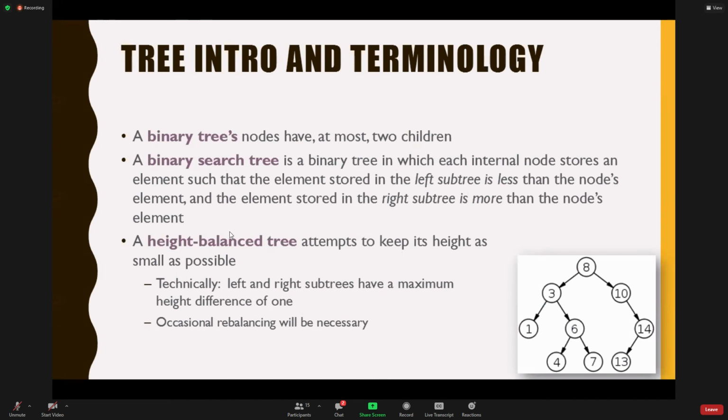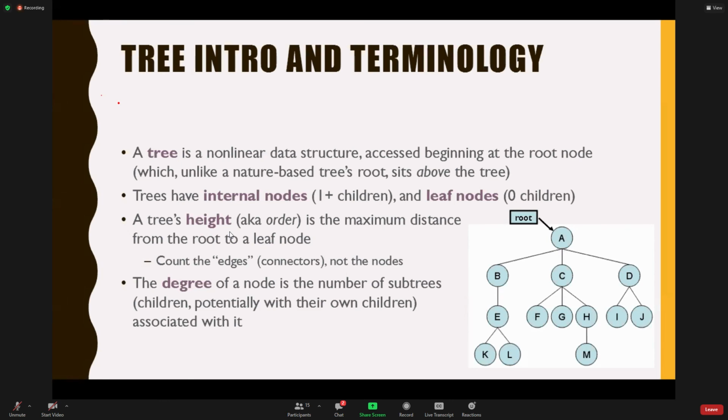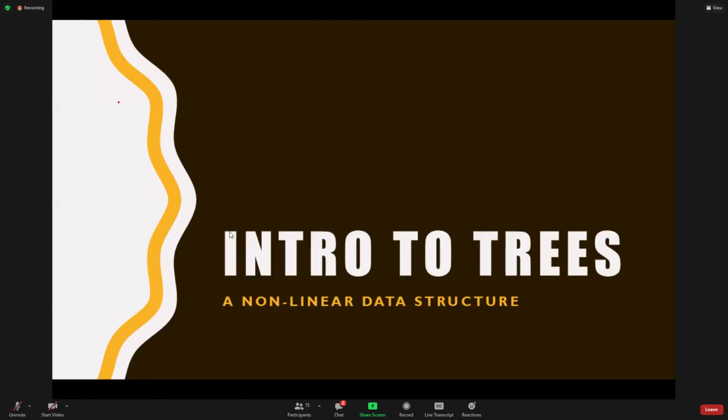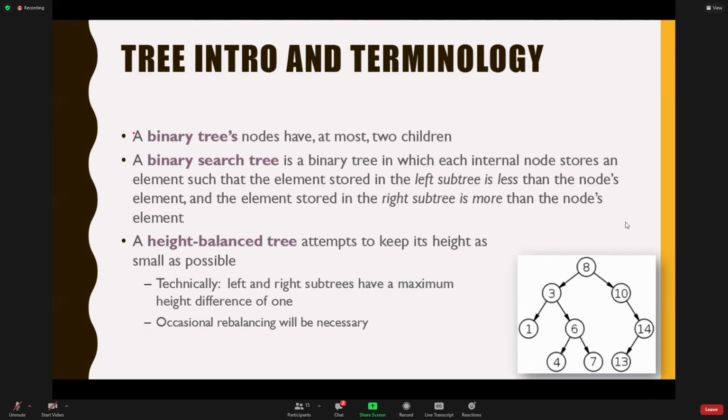All right, so now let's get into a specialization, right? Because this first thing is just general stuff about trees, period. But this one now, we start talking about a more